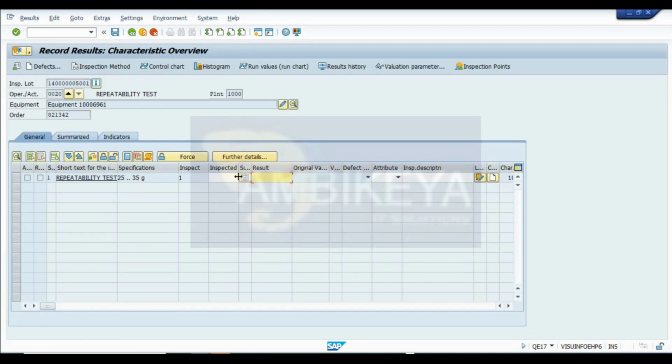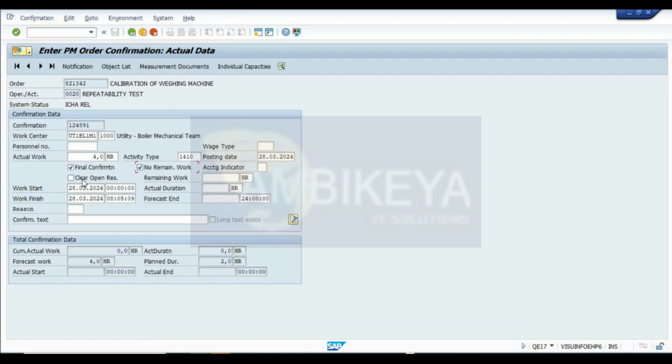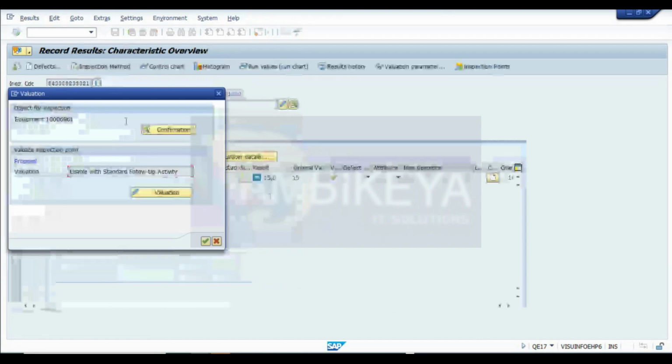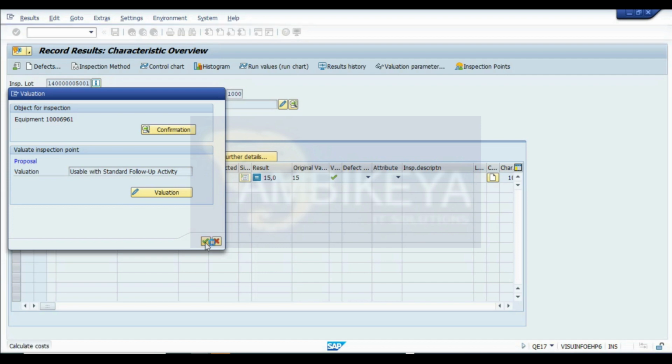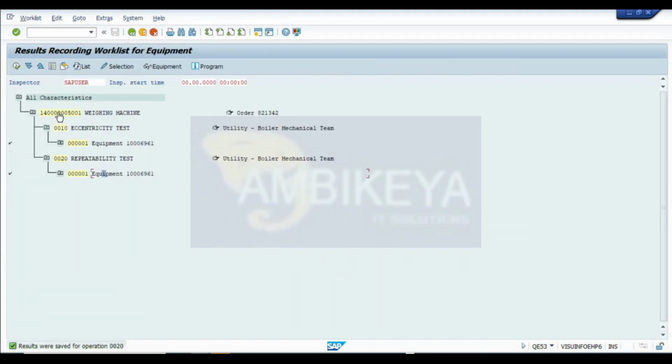repeatability test. Here also I am doing it, same thing. I'll mention some 15. Okay, inspected is 1, result is 50. Okay, inspected quantity it is asking. Okay, again it is outside limit. Okay, I don't know what it is. Okay, so save it, confirmation, final confirmation, no remaining work, clear open. So it has been saved, confirmation is done. So save it. Okay, now let me go for